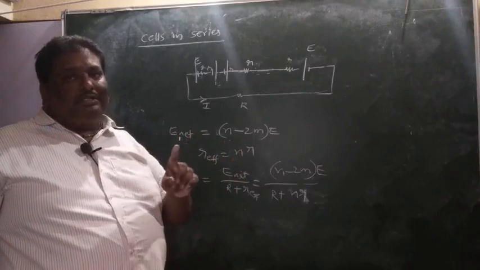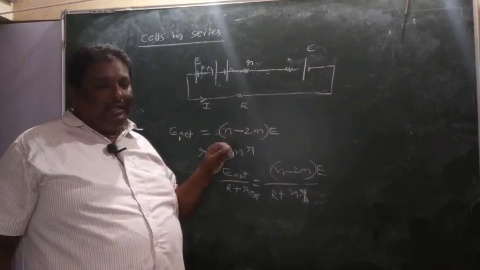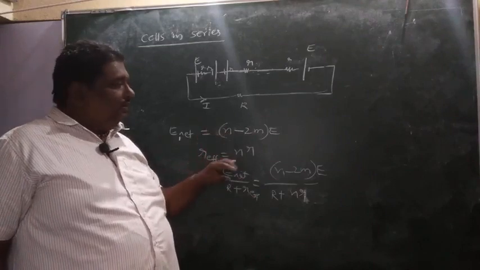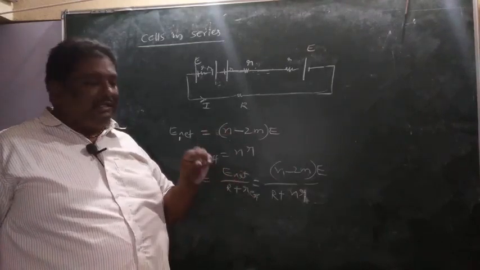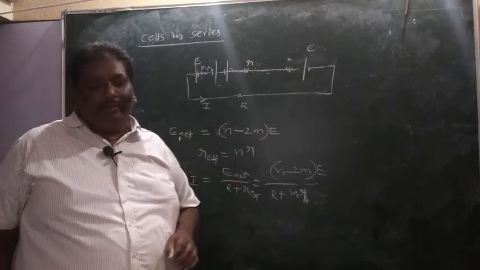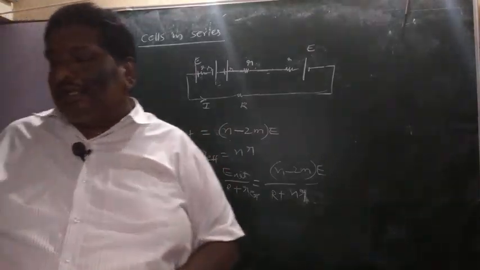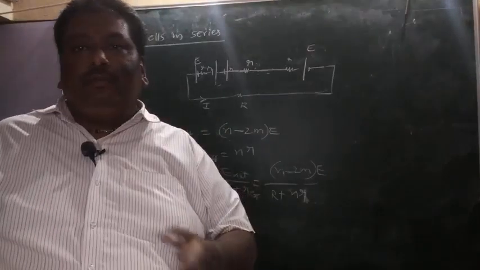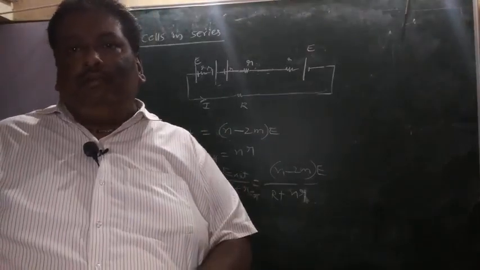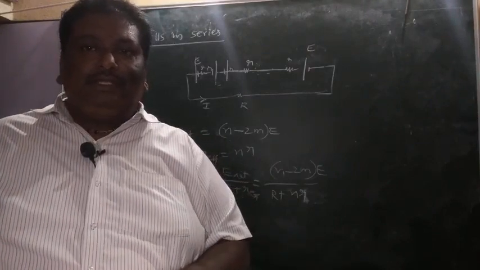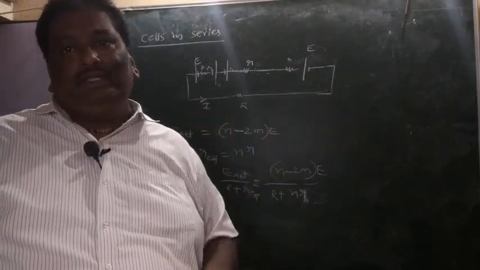Okay, so up to this concept, read perfectly. In the next video we shall see cells in parallel and mixed grouping of cells, internal resistance. Suppose when will the highest current be passed, when series and when parallel cells are advantageous, and Wheatstone bridge circuits etc. we shall solve. Okay, right, next coming Monday exam based on this syllabus.